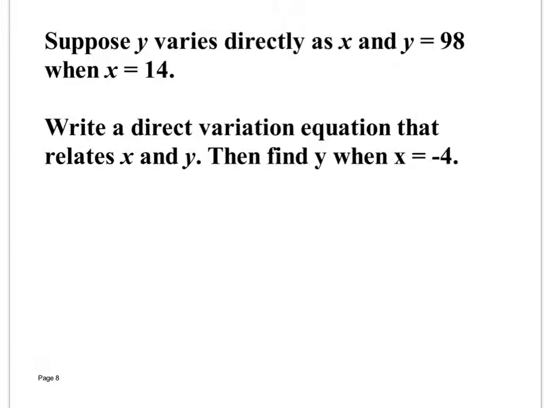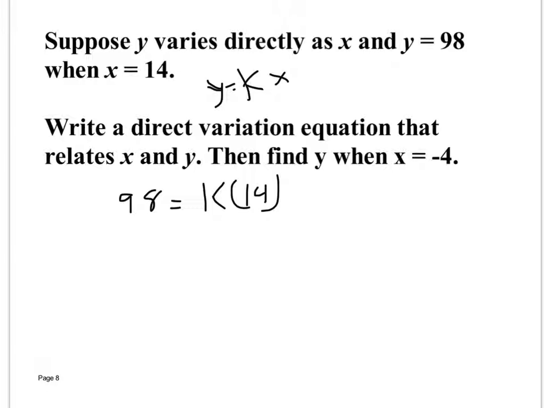Write this down, all of it. The question says suppose y varies directly as x and y equals 98 when x equals 14. The first part, write a direct variation equation that relates x and y. Then it's going to say find y when x equals negative 4. So the first thing we have to do is find k. I know that y equals k times x, right? That's my equation. So I plug in y,